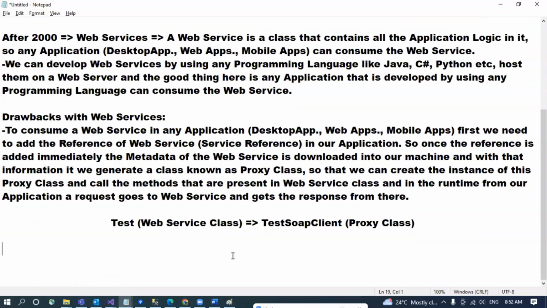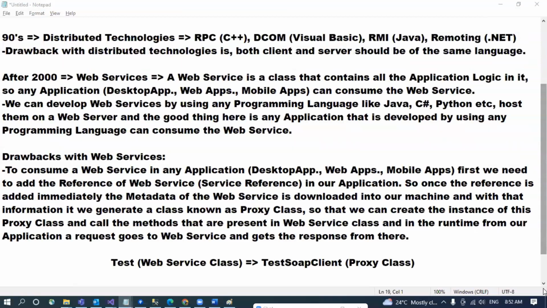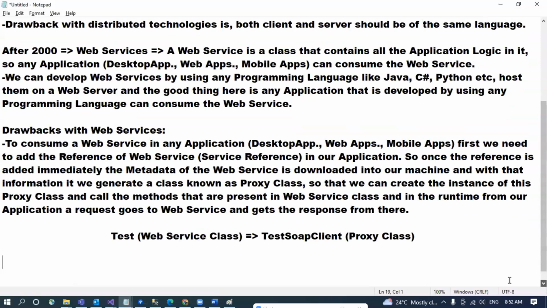So we'll be having a doubt here. What is the drawback here? What is the drawback now? Can you understand what is the drawback? Yeah, that is also a different point. That is also going to be a point. The difference here is